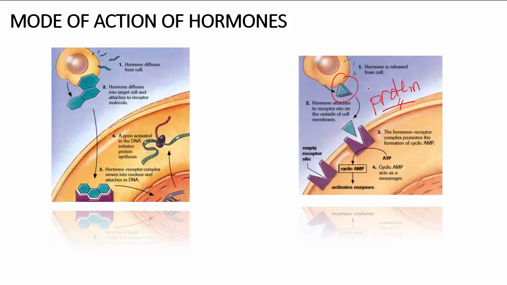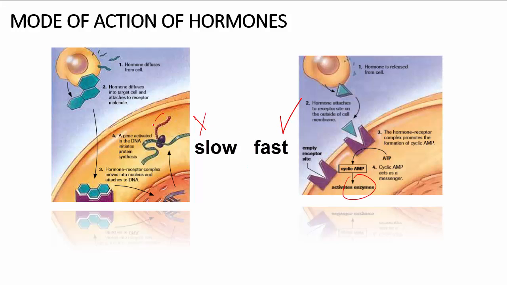In addition to the modified amino acids, it's the same kind of process, binding to a receptor on the cell membrane as opposed to diffusing right into the cell in the case of the steroids. So this is a faster process than this one because the enzymes are already present, whereas the molecule produced here,